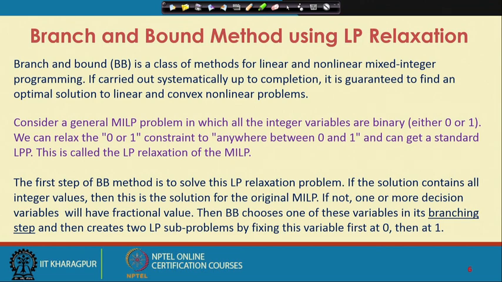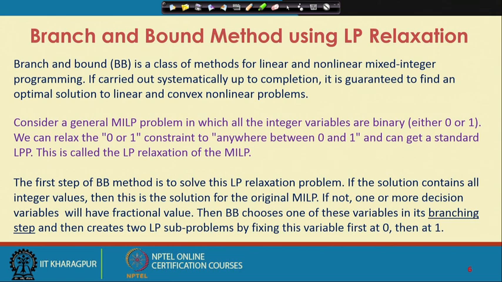So, we repeat, the first step of the branch and bound method is to solve this linear programming relaxation. If the solution contains all integer values, then this is the solution for the original mixed integer linear programming problem. But if the solution does not contain all integer values, it means one or more decision variables have fractional values. Then branch and bound chooses one of these variables which has fractional values in its branching step and then creates